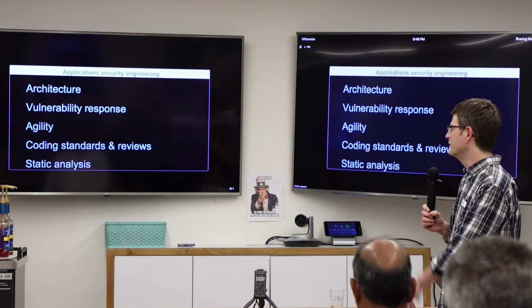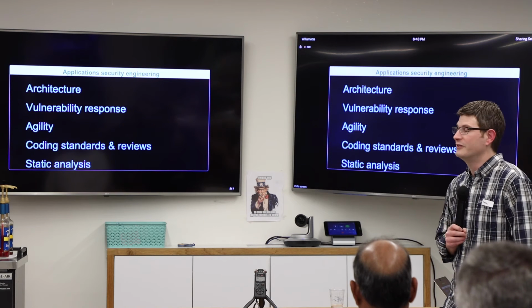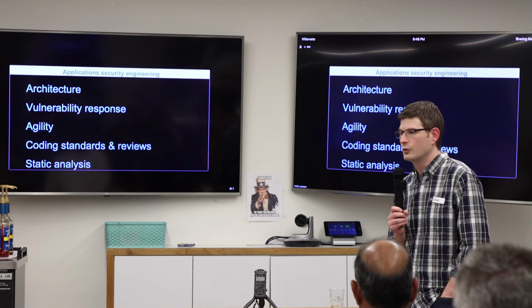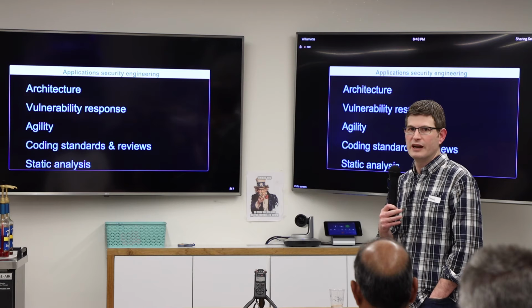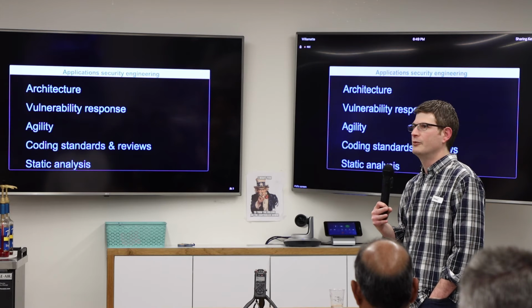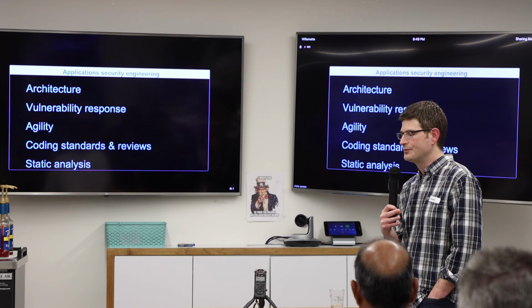And the third one, agility, this is just basics of running a software organization. And like my example that I like to give when I'm saying how agility comes into it is,